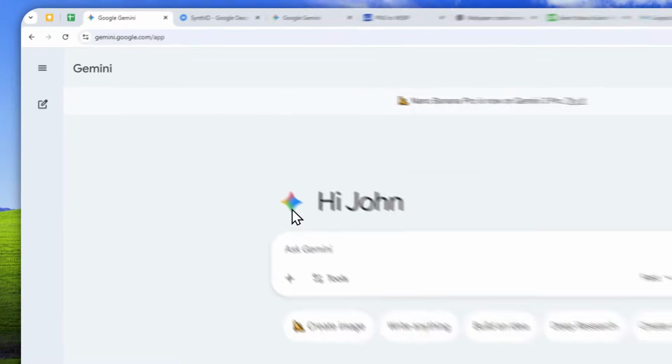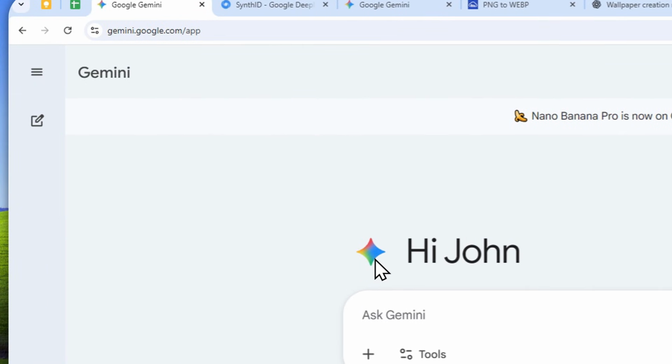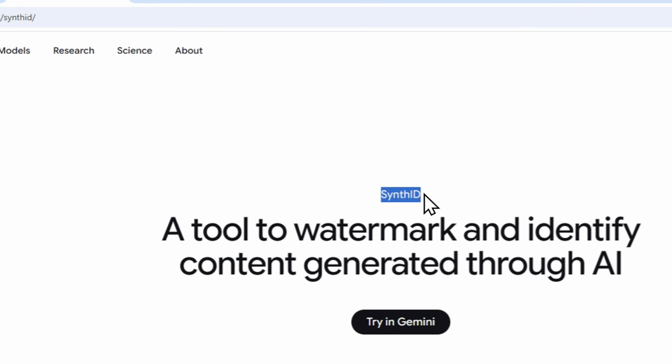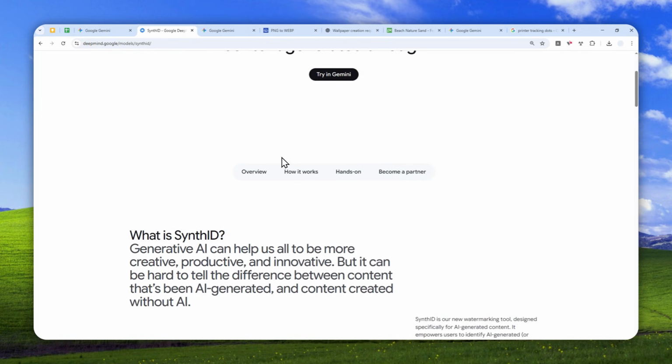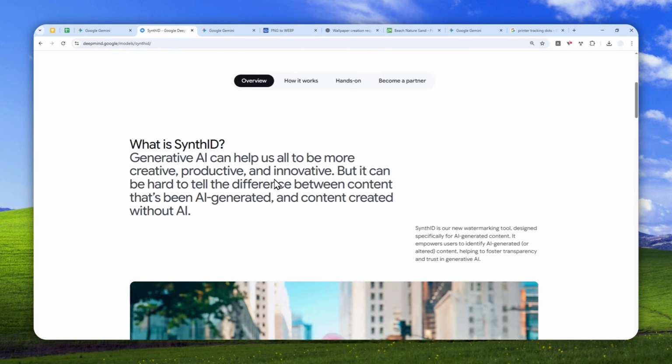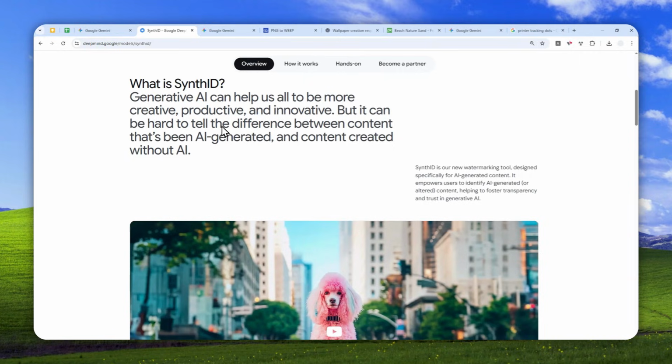On every single picture that you generate with Gemini, it's going to have something called SynthID. This is basically an invisible watermark that appears on the picture. You cannot see it, but the algorithm or the system in Google can easily detect that. So in this video, I'm going to show you how you can actually test if a picture was AI generated